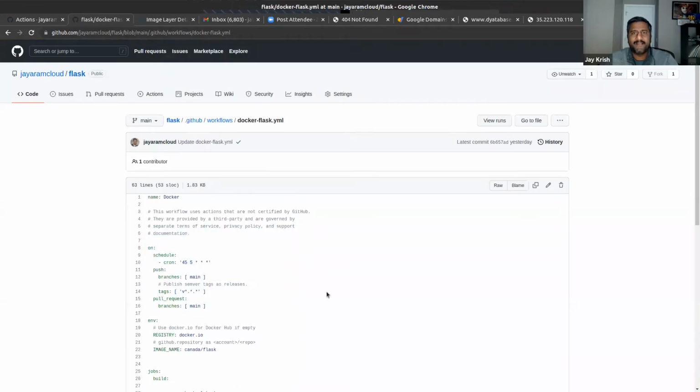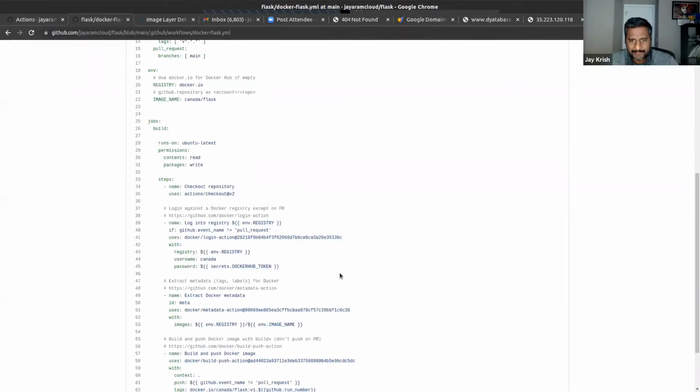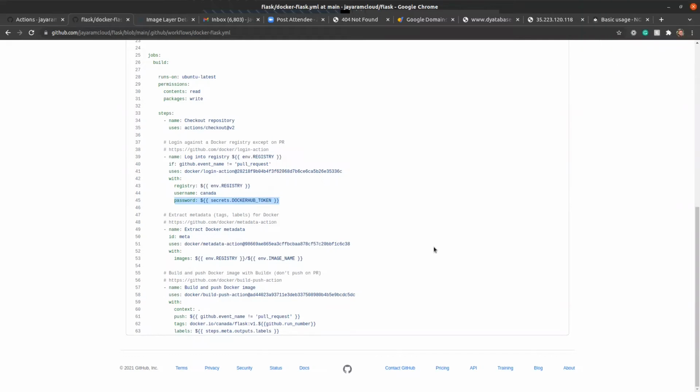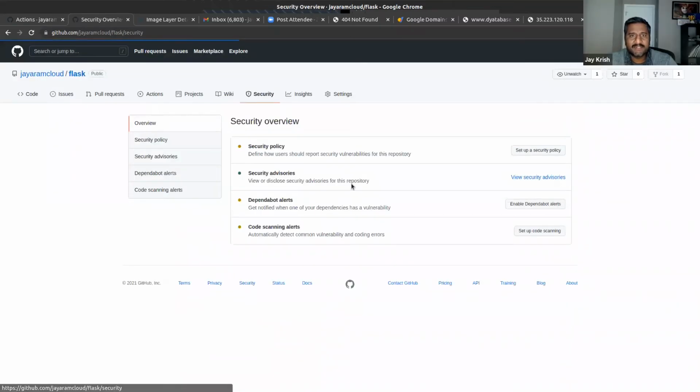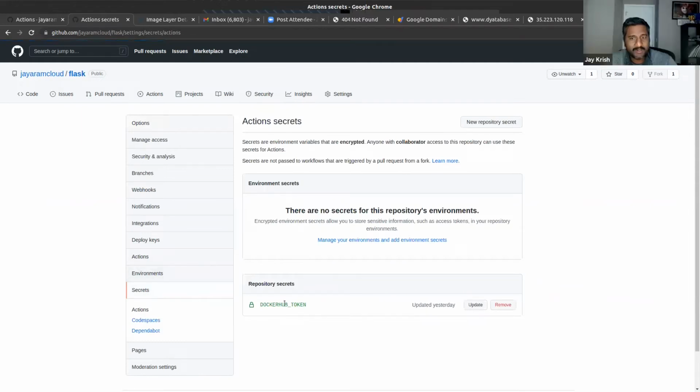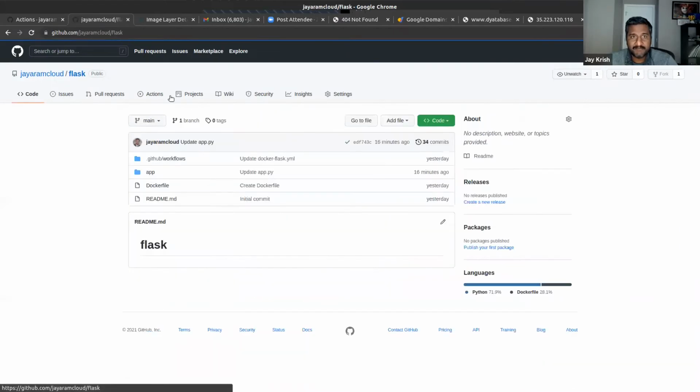Now to show you one thing, one of the values is, you see here password, I've stored it as a Docker Hub token. I've stored it in settings, Secrets, Environment variables. Docker Hub token I've stored as a secret. Now what I can do is my kube config file I can store here, and then I can configure the same action.